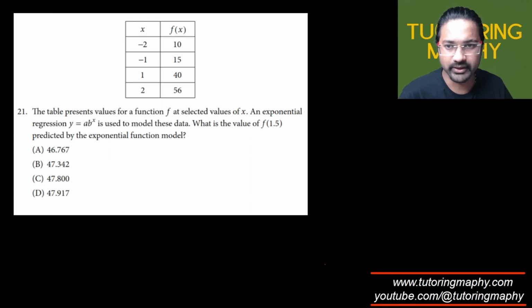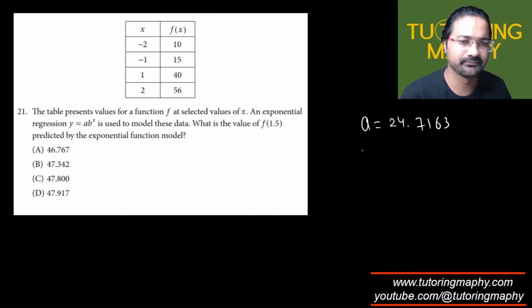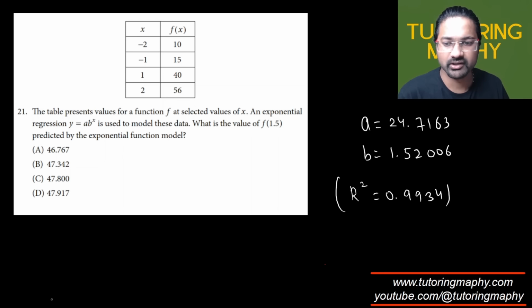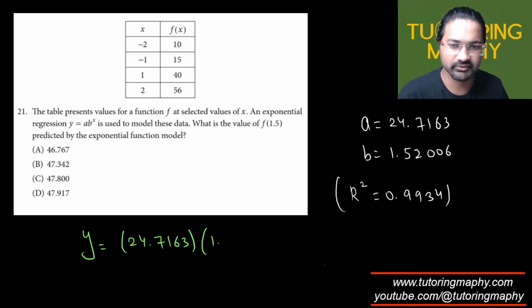I have done that already, and when I did this, I'm getting the value of A as 24.7163 and the value of B as 1.52006 with the value of R square as 0.9934. So the function which we have is A times B raised to x, which is 24.7163 times 1.52006 raised to x. And since they need the value of f of 1.5, all we need to do is